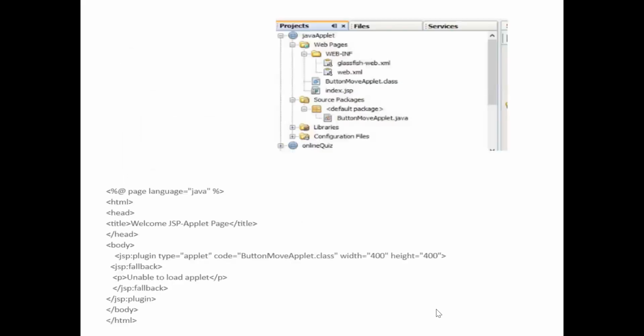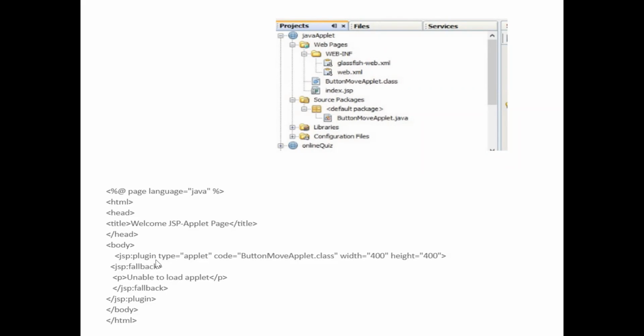So you can see that. So WEB-INF, that is the web.xml. I can store the index.jsp and button move applet.java, so both are saved in the same folder. So this is the JSP file with page language equal to java, HTML, welcome JSP page.